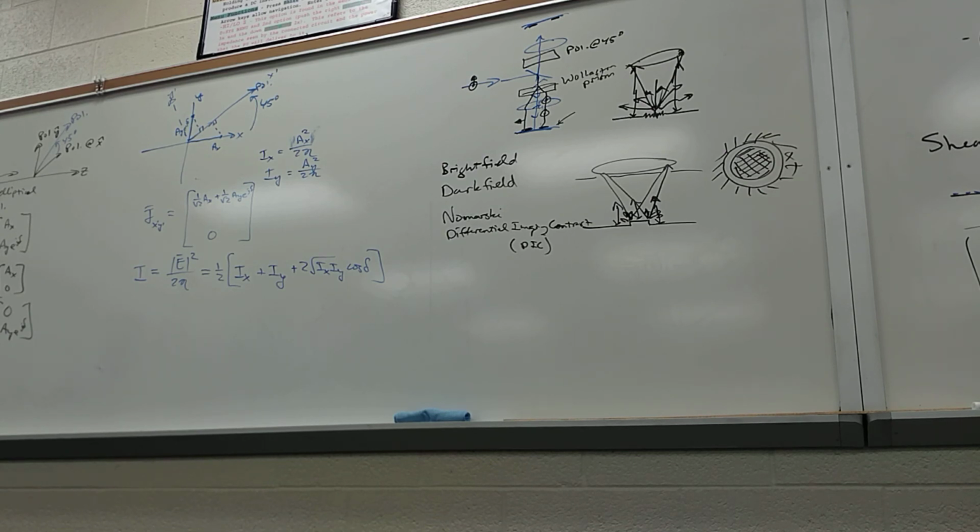The Wollaston prism, you said its purpose is to just divide the polarization states? It takes the two orthogonal states and basically causes them to angularly deviate from each other. Okay. So they propagate a little